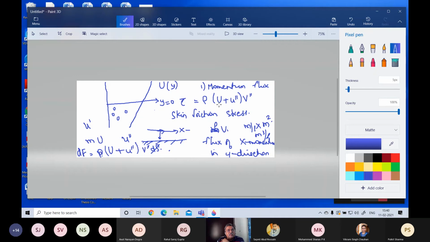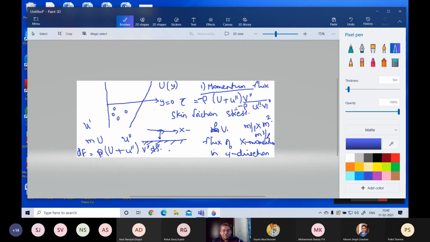Now we usually don't talk about tau at instantaneous times. We talk about tau over a fixed period of time. So in the kinetic theory, we say this is the net stress in the y direction, the net stress in that wall. It is given by rho u double prime v double prime, and there is a minus there. You define the stress as minus, that's all. This is to make it similar to turbulent fluids. So basically stress is now equal to minus rho u double prime v double prime.